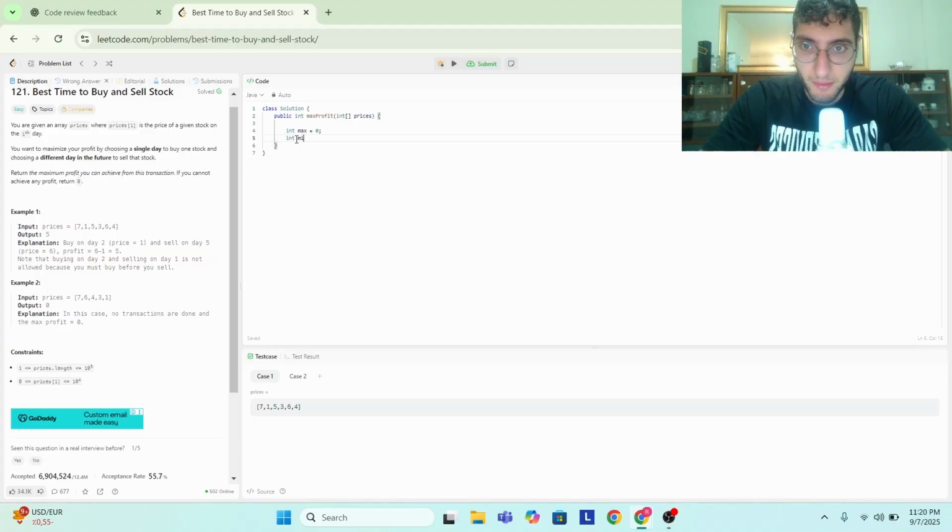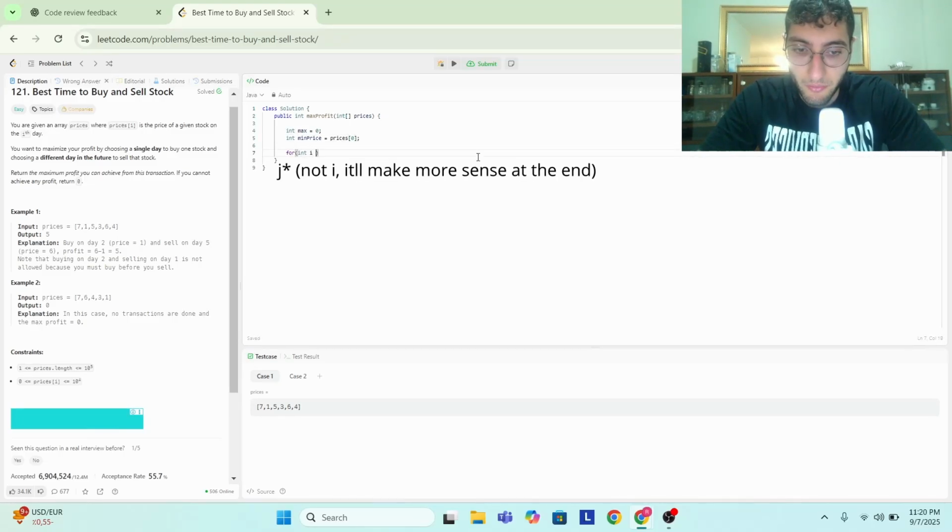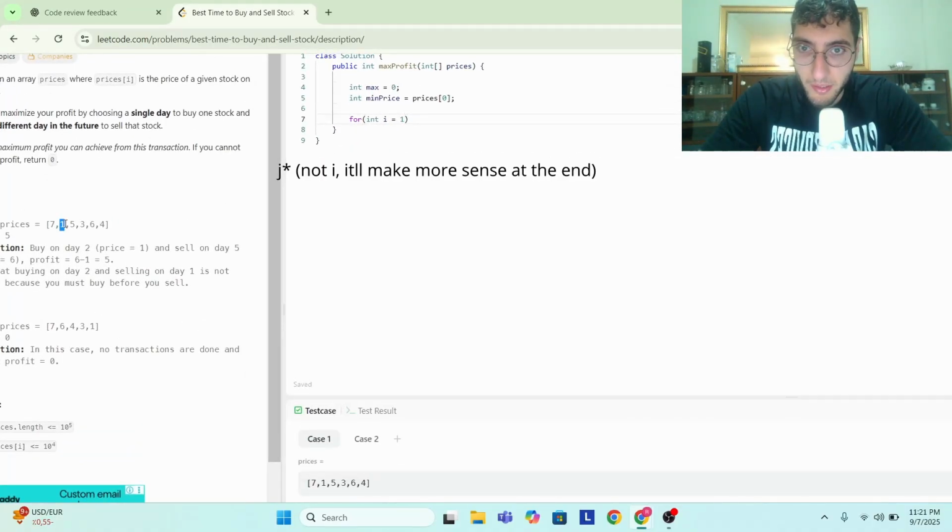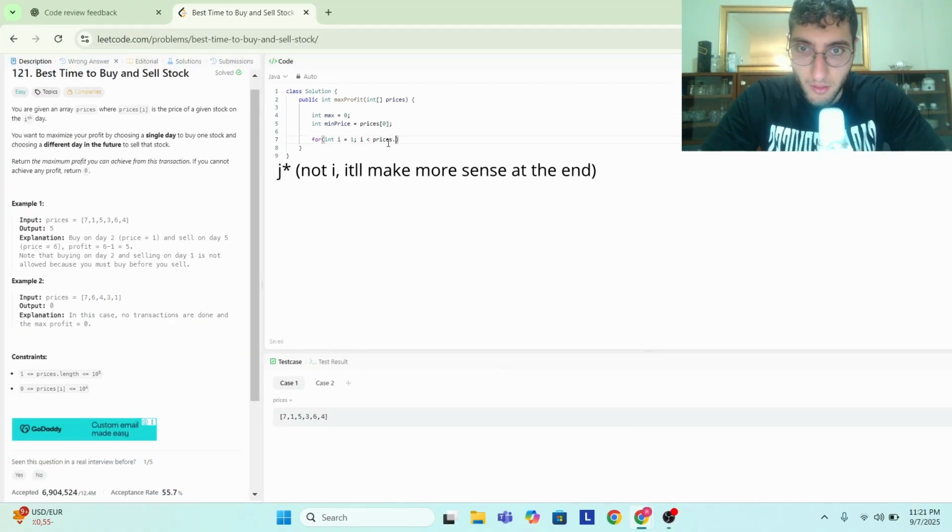And then int minPrice, which we initially assume is the first variable in our array, may or may not be. Now we're going to iterate through the elements of our array, starting at i equals 1, which means we're starting here. Since minPrice is prices[0], we don't want to compare minPrice to itself, so we're going to start at the next variable. So for int i equals 1, as long as i is less than prices.length, i++,